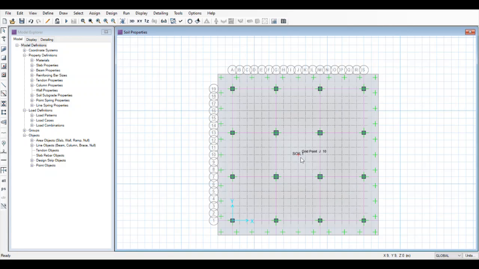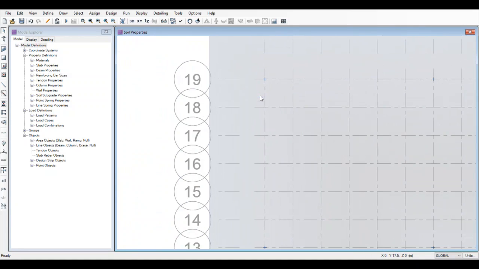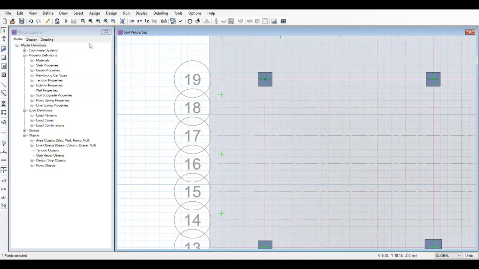Now we'll have to add loads to the columns. At the start of the video, I had shown you in the problem statement different loads which are to be applied to the column. Enlarge the column area, click inside the column area, center of the column area. You can see at the bottom left corner of your screen, one point selected. Go to assign, go to load data, point loads, and now keep on assigning the dead load and live loads. And remember, the size of load for punching shear should be the size of the column. Go to OK.